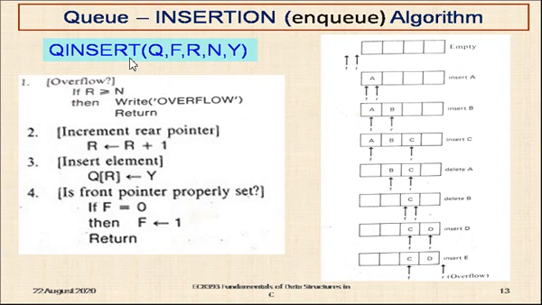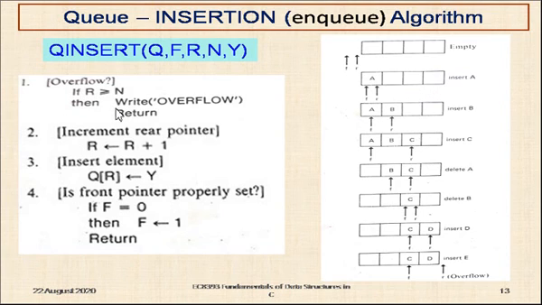Okay, now let us discuss the operations on the linear queue. So this is queue insert, the operation performed on the linear queue. Here we have 5 parameters: Q, F, R, N, Y. Q is the name of the queue. F and R are the front and rear pointers. N is the size of the queue. Y is the element to be inserted into the queue. And here the illustration shows the trace of a set of operations which has both insertion and deletion. Now since we are discussing the insertion operation, you only look at the insertion operations alone.